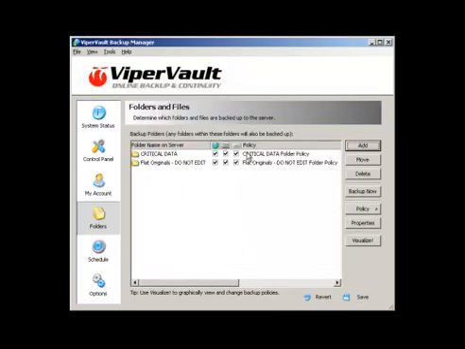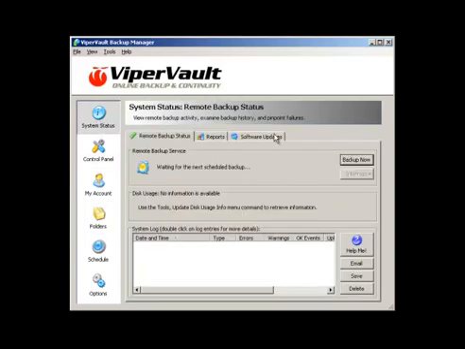The good thing is I've got three little icons here. The blue icon's the one we're interested in, and that means that our data is going to go up to ViperVault. So ensure you've got the tick in there. It should be there by default. Okay, and then I can go back to our system status, and I can click backup now, or I can